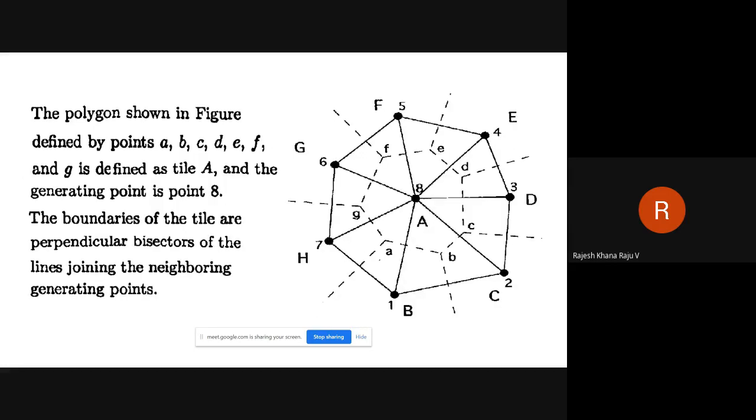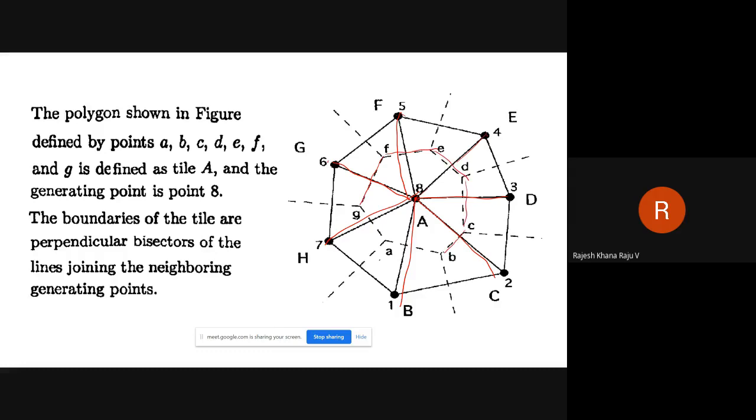Like for example, in this case, all these are the nodes. If you join the nodes, you will get an edge. So let us say this point 8 is a generating point, surrounded by 7 nodes. Then if you join this point 8 to all those nodes, you will get 7 edges altogether. Then, in order to create a tile, we take the perpendicular bisector of all these edges.